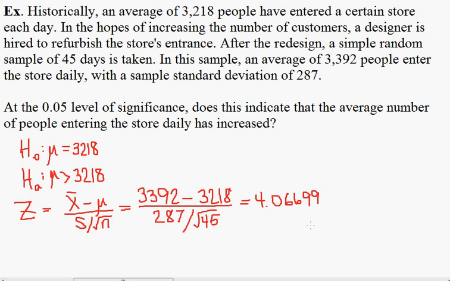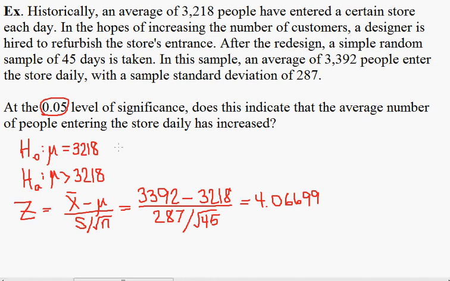Next step is we figure out if that makes sense or not. So what we've got here is that if we believe the null hypothesis, then a logical consequence of believing the null hypothesis is that we just got a test statistic of 4.067, so a little bit more than 4 standard errors above expected. This is possible. The question is this, plausible? To determine if this is plausible or not, the technique we'll use is to find the critical value and the rejection region. So in this case, we're given that the level of significance is 0.05.